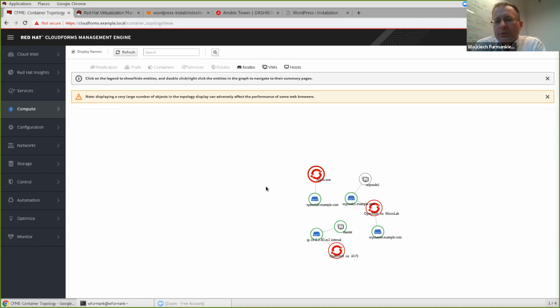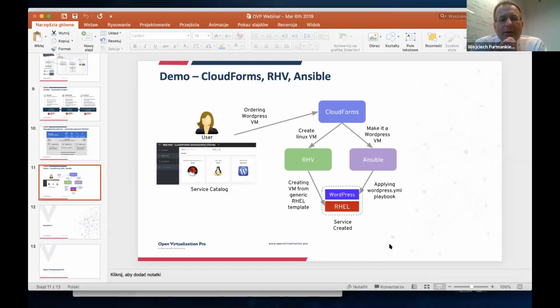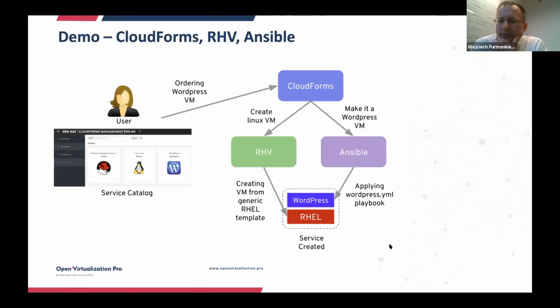We should be using higher-level tools and use virtualization as a backend. That's the main idea, and then we can use our time to do something more business related, something smarter than just repeating daily routines.